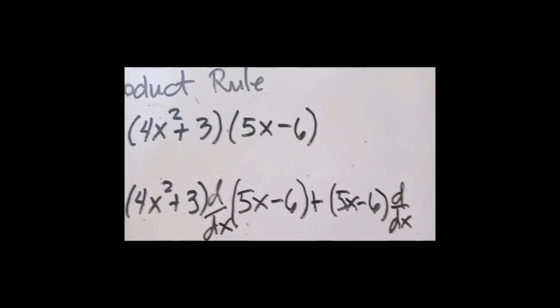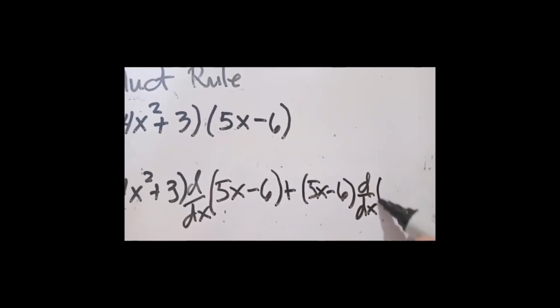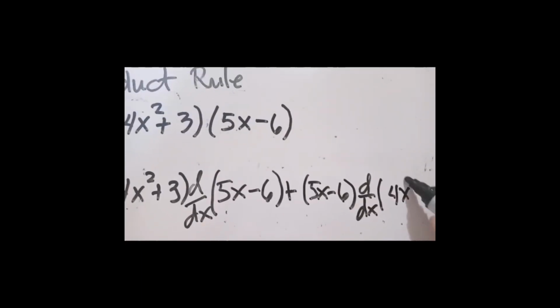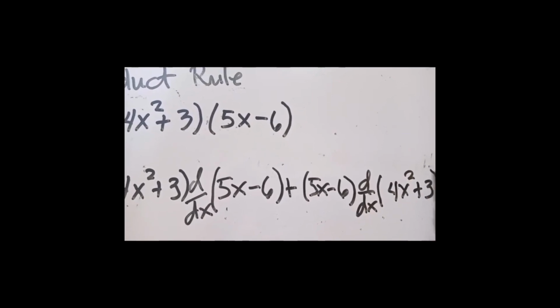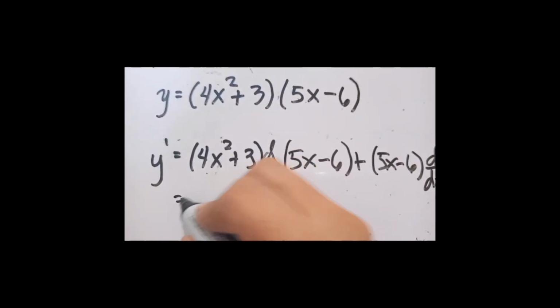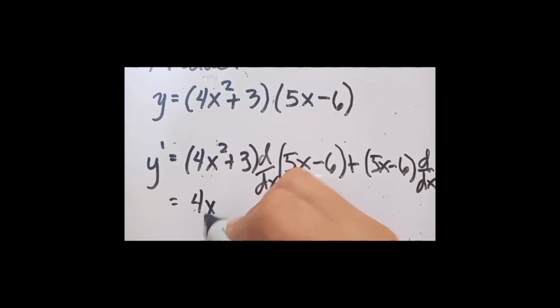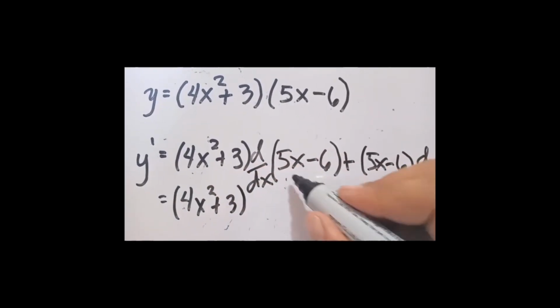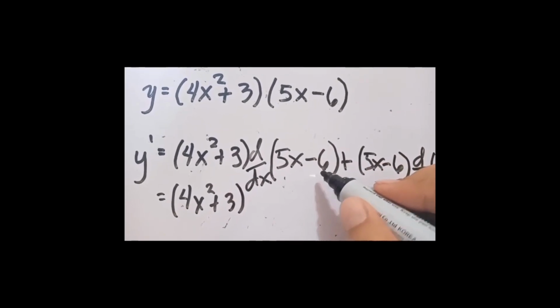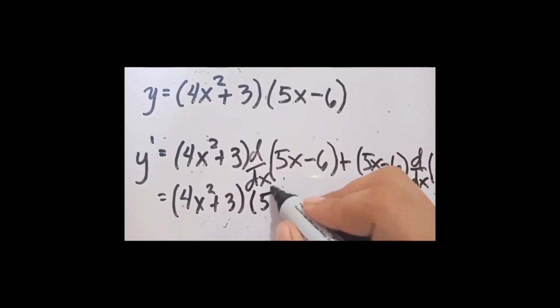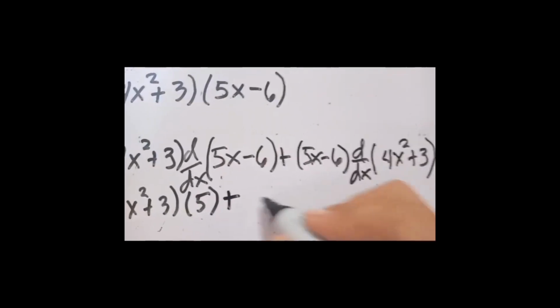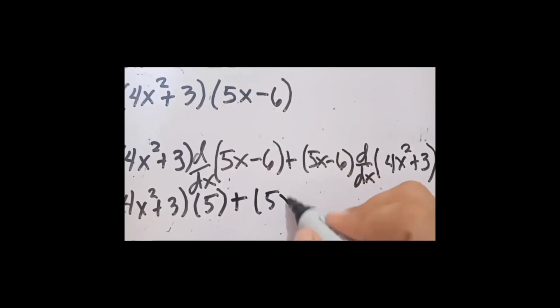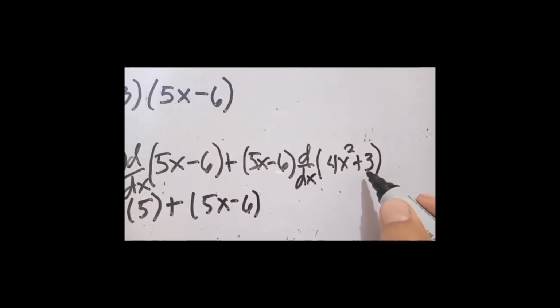The derivatives of the first function. We have 4x squared plus 3. Then, again, we have rewrite the 4x squared plus 3. And what is the derivatives of 5x minus 6? That is 5 plus